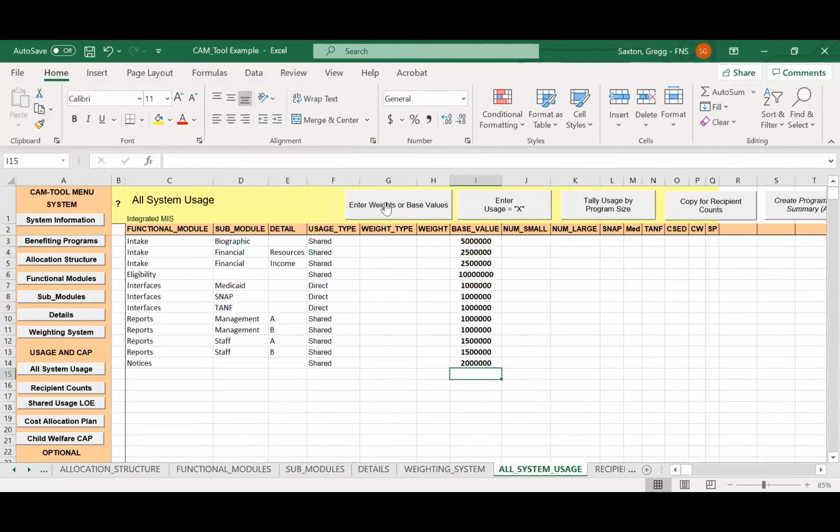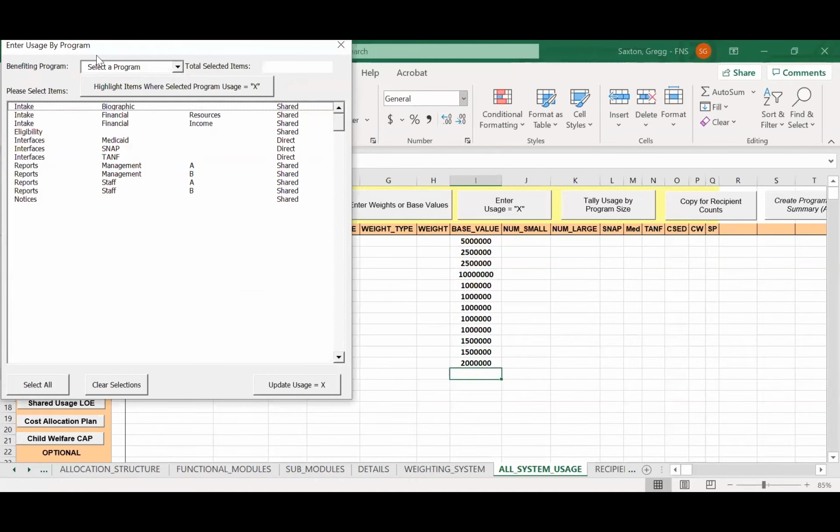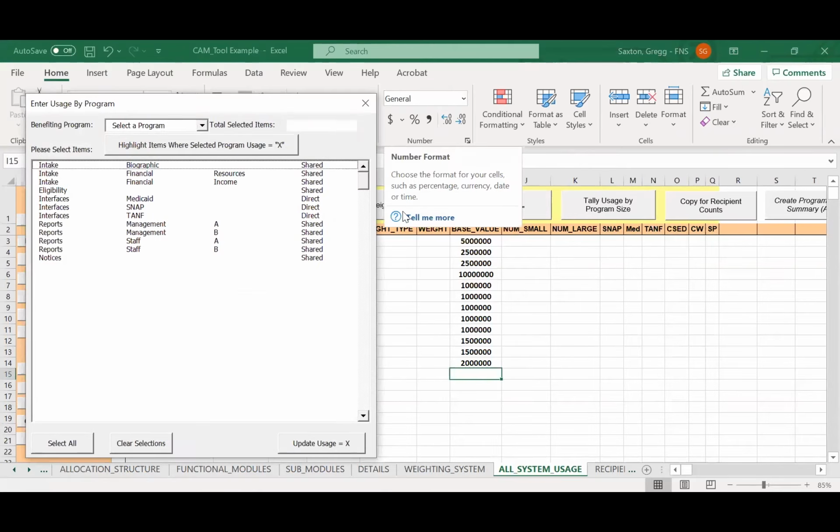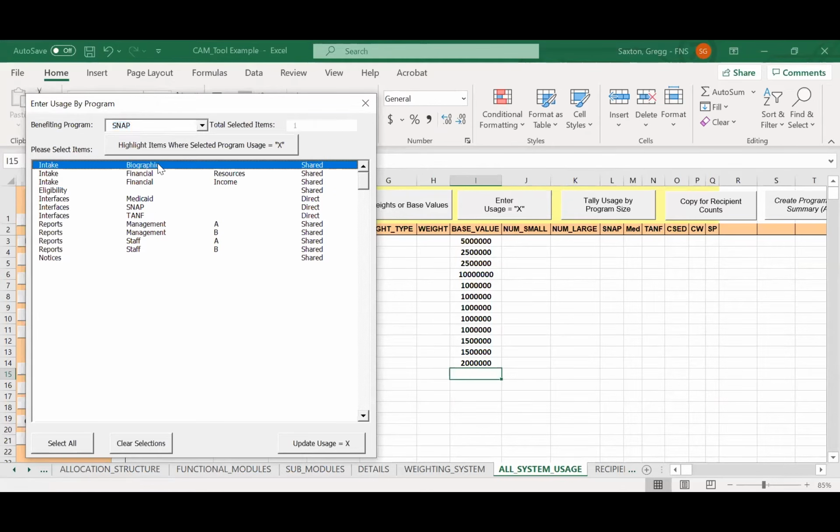Delete that. Okay. The next thing you're going to do is identify which program benefits from each of these modules. Do that by entering usage. And so in this case, the way this works is you select a program and you indicate which of these modules this program is benefited by. So in my example,